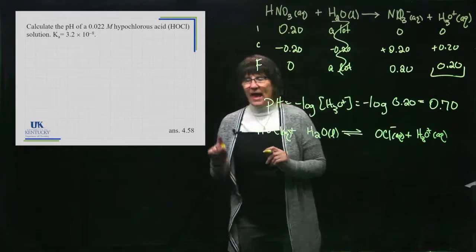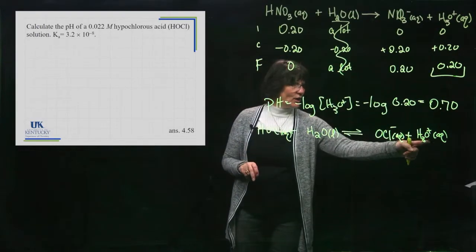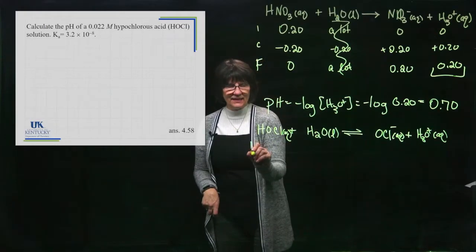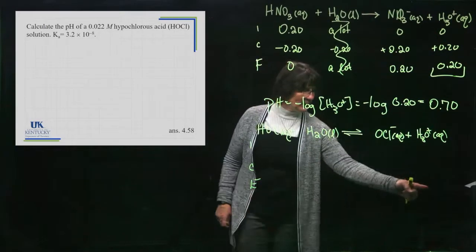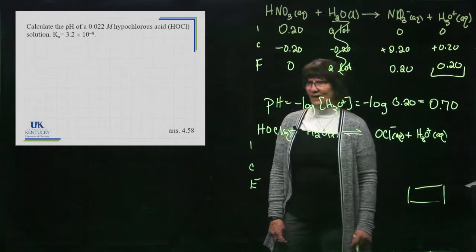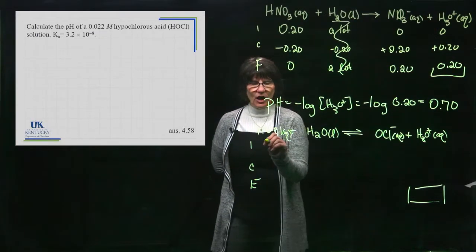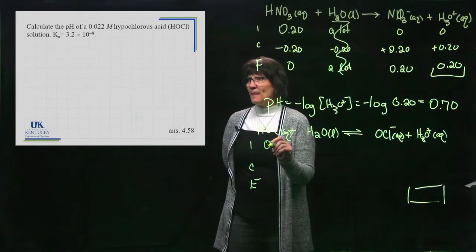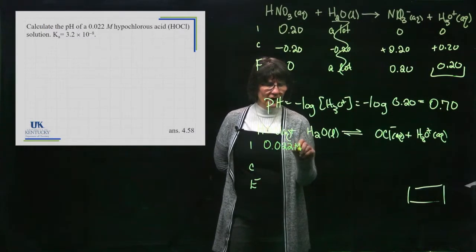Okay? And I am trying to calculate the pH, so I need to know this at equilibrium, so I put an I, C, and an E here. I need to know what sits right there. So let's see what I do know. I know initially, whenever they give you the concentration of the acid, that's what would be written on the bottle when you get it off of the shelf.